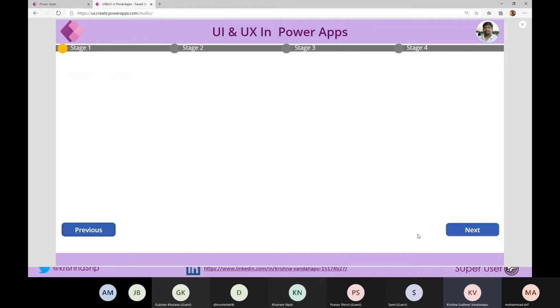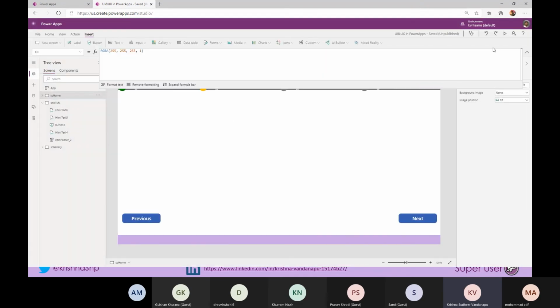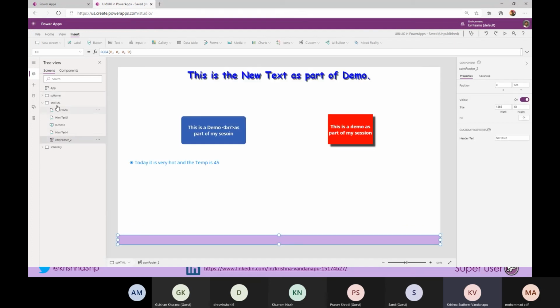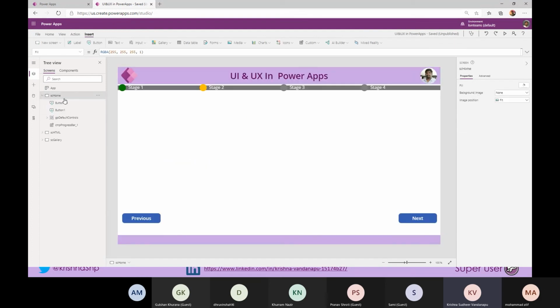And it has not taken a long time to implement this. All it took me is just 10 minutes. But the beauty here is I am not wasting my number of controls count, because I have implemented this as a component. At the end of the day, a component is a reusable control in Power Apps, which I can use across the screens.